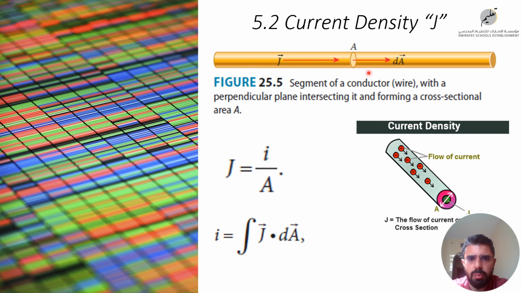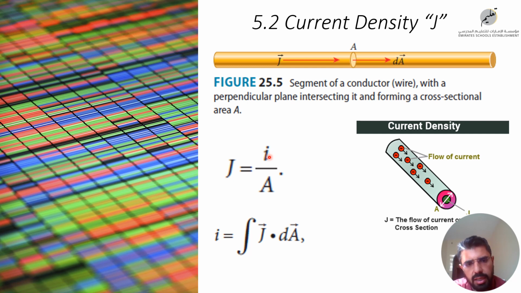So imagine we have a wire, the charges are flowing in the wire, as the water in the pipe is flowing in the pipe. Here it's the same, the charges are flowing in the wire, and that's what we mean by the current density. So there is an equation for such a thing where J, which is the current density, is equal to the current I